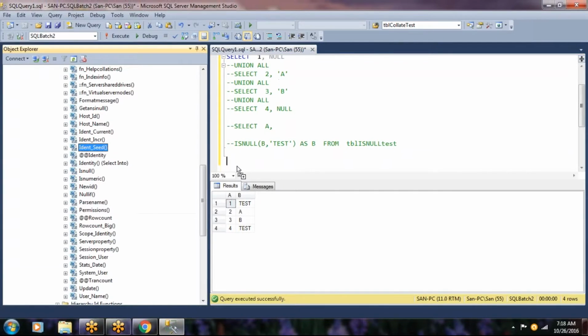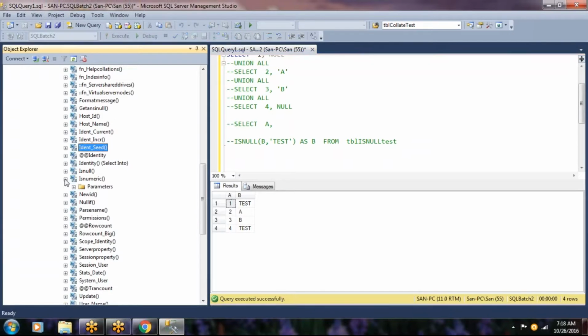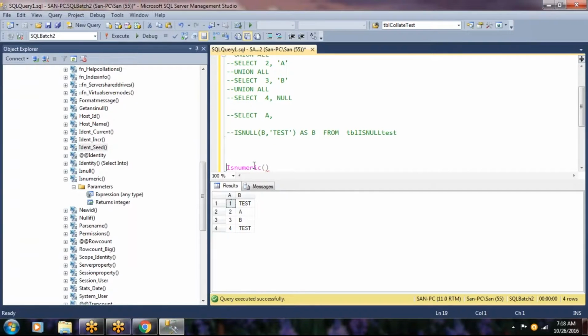And ISNUMERIC: let us say you want to check whether a particular column inside a table has a numeric data type or not.